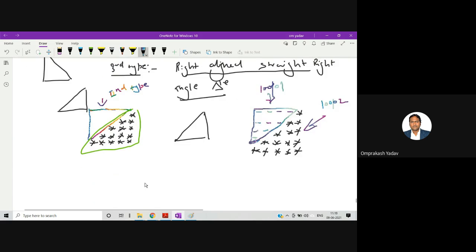So in this particular problem two loops will come, one for this and one for this. So let me write over here for, and since this is a straight triangle, our for I loop will remain the same: I is equal to 1, I less than equal to n, I plus plus, that is the number of rows.